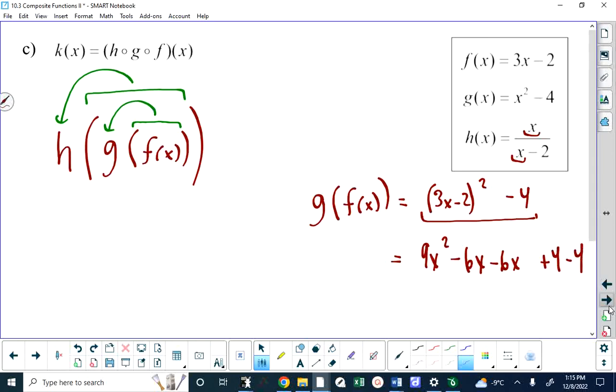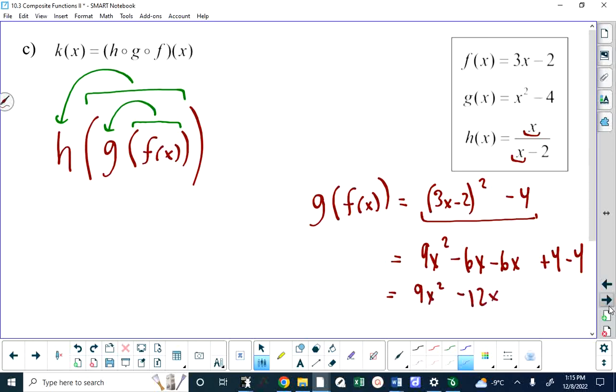3x minus 2 quantity squared means 3x minus 2 times 3x minus 2. So I FOILed it out. Are we in agreement on getting 9x squared minus 12x plus 4? That 4 at the end, then 4 is subtracted from the whole thing. So we end up with 9x squared